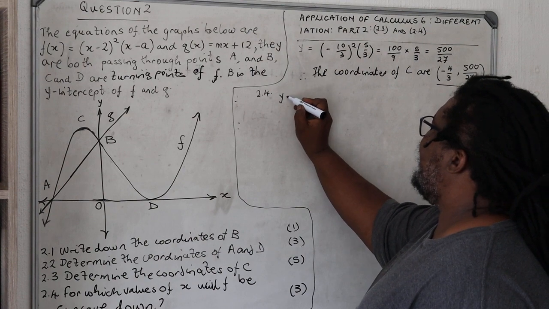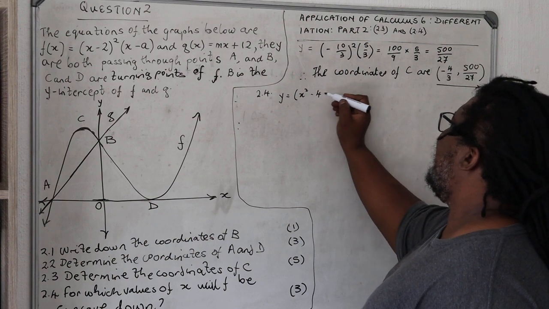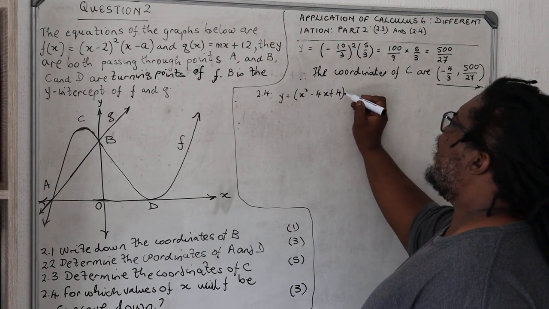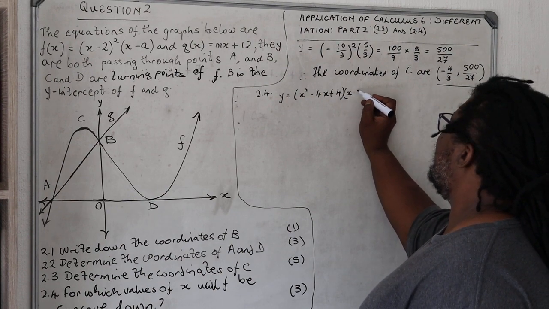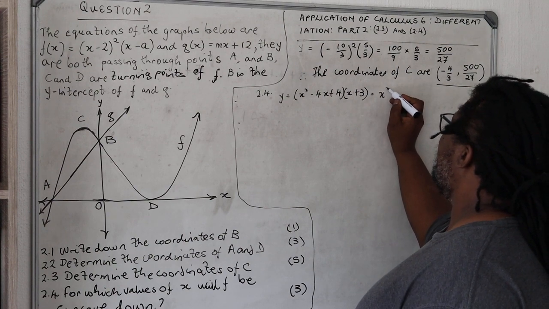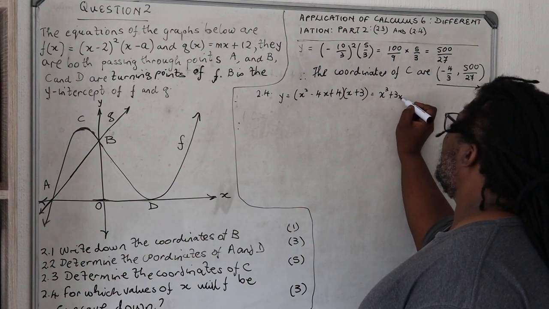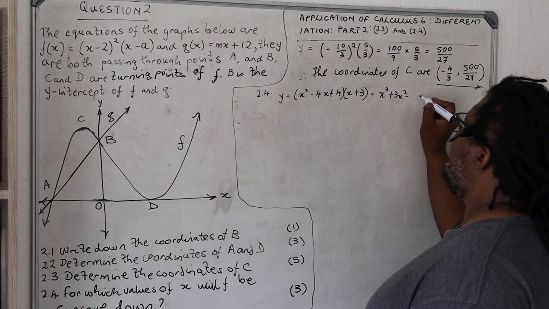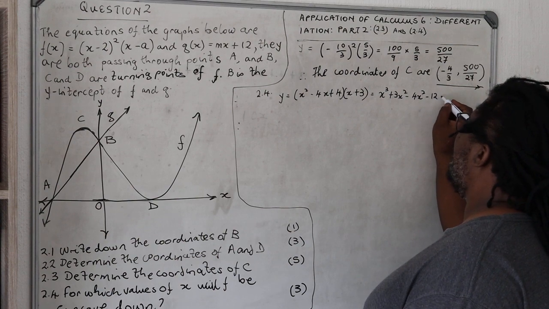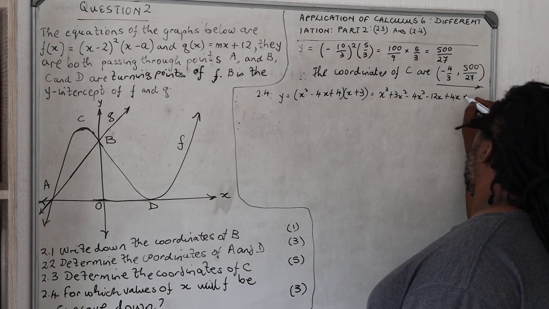So we have y is equal to x squared minus 4x plus 4 and the x plus 3, which gives us x cubed plus 3x squared minus 4x squared minus 12x plus 4x plus 12,